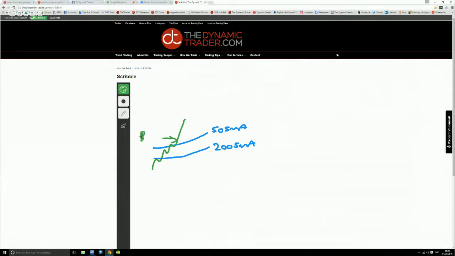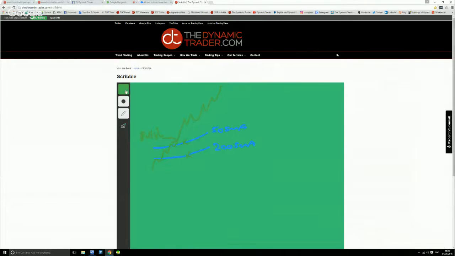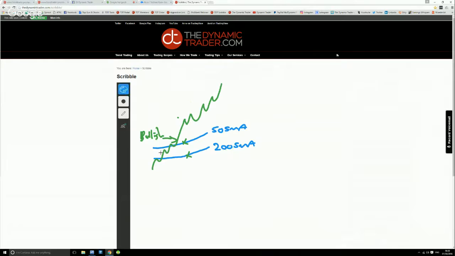In a bull market is where we start seeing a bullish bias, because price is trading above the 200, and then we want price to trend to the upside. Also notice the angle: we should expect the 50 and the 200 to start heading up, because price is also heading up. So this also adds to your edge. Now, here is the 200 SMA, here is the 50 SMA.